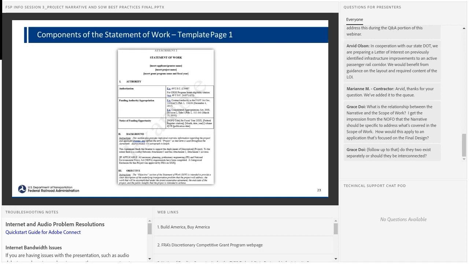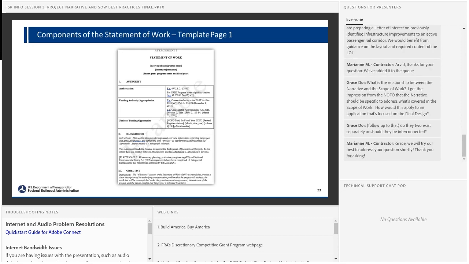We have the title up top, and then the table of authorities. If there's anybody out there when they're submitting their application who wants to show off their legal research skills, you can try and fill this information in, but this is standard and FRA will take care of that once the grant has been awarded and we start finalizing the scope of work. And you can see the first 2 sections there, background and objective. But like I said, this template is available on our website and you can take a better look at it there. The scope, schedule, budget, and performance measures together are probably about 8 to 10 pages, maybe total, maybe a little bit more for a complex project, maybe a little bit less for a simple project.